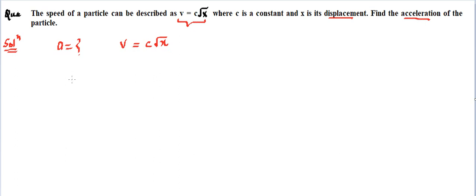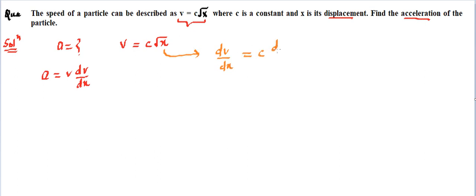So we need to look for a relation in which v, x and a are involved. If you recall, for one dimensional motion, we have talked about acceleration also being defined as v dv upon dx. As soon as you recall it, the job is done, because v is given to us, and out of this v we can find dv upon dx, then our acceleration will be with us. So from this velocity we can calculate the differentiation dv upon dx. We just differentiate both sides with respect to x.